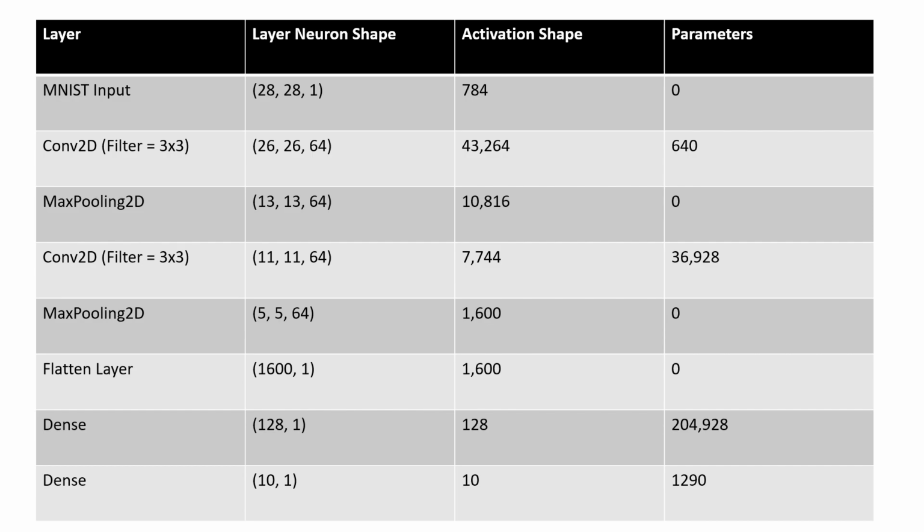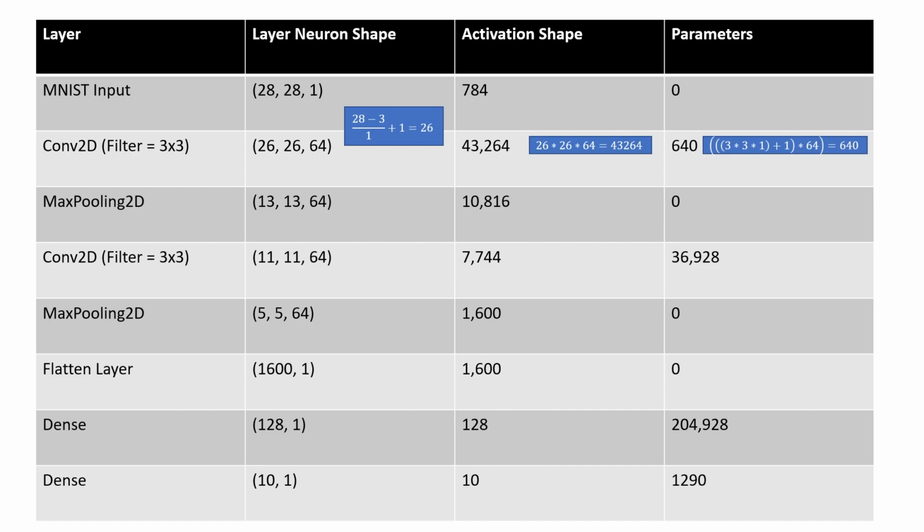All right. So first we have the input, then we perform 784, that is 28 into 28 into 1, parameters 0, because that is input. We feed it to a convolution which is performed like this. So 28 minus 3, that is the size of the filter, plus 1. So we have 26 by 26 into 64, that is the number of the channels. So these activations are calculated as 26 into 26 into 64. So that gives us 43,264.